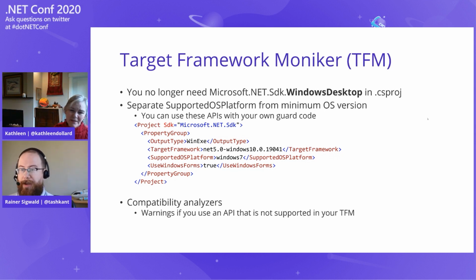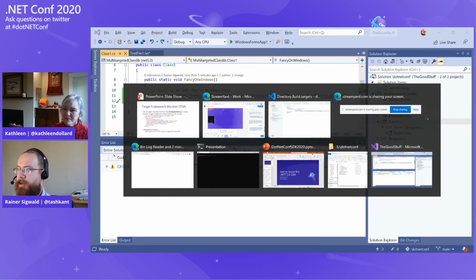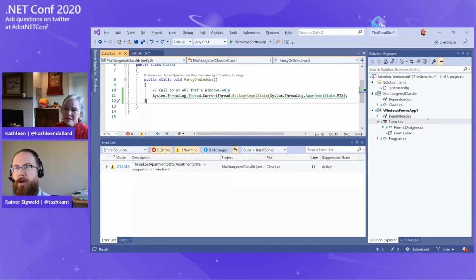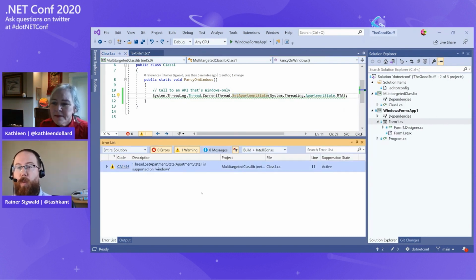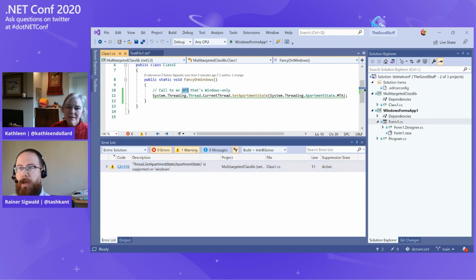Let's see what that looks like. Yeah, so let's do it. Here's a Visual Studio project. Here I'm calling a Windows-only API. Linux and macOS don't have this concept of apartment state. And you can see I get a nice green squiggle, and I get a warning that says set apartment state is supported on Windows. And that means that I need to add a guard to the call